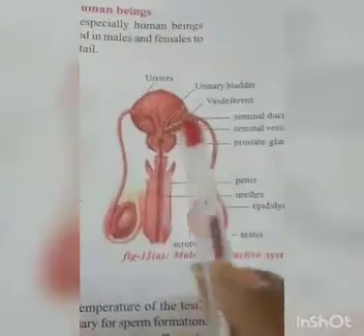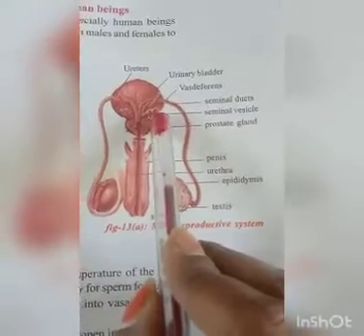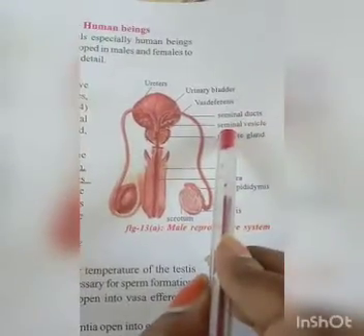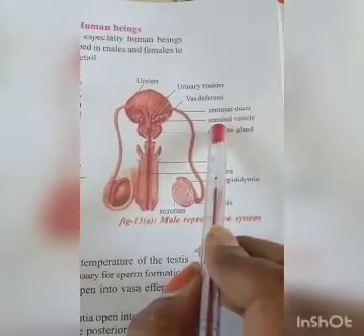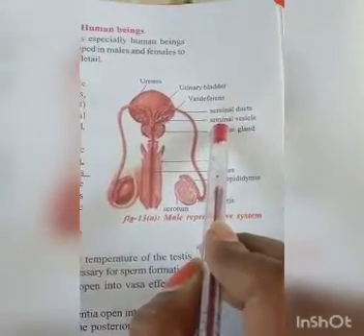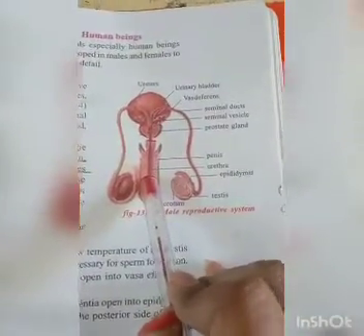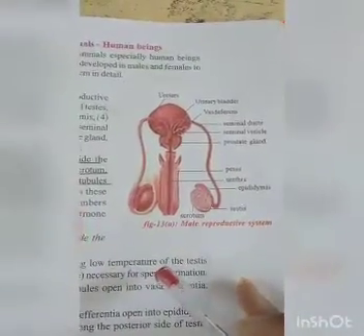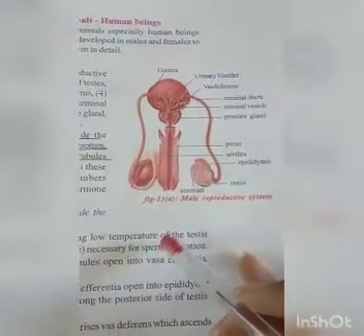Here, these balloon-like glands are called seminal vesicles. The seminal vesicles secrete semen, producing food materials that give nourishment to sperm cells. These sperms enter the urethra to be eliminated outside. So this is the male reproductive system. In the next class, there will be a clear explanation, so listen carefully.